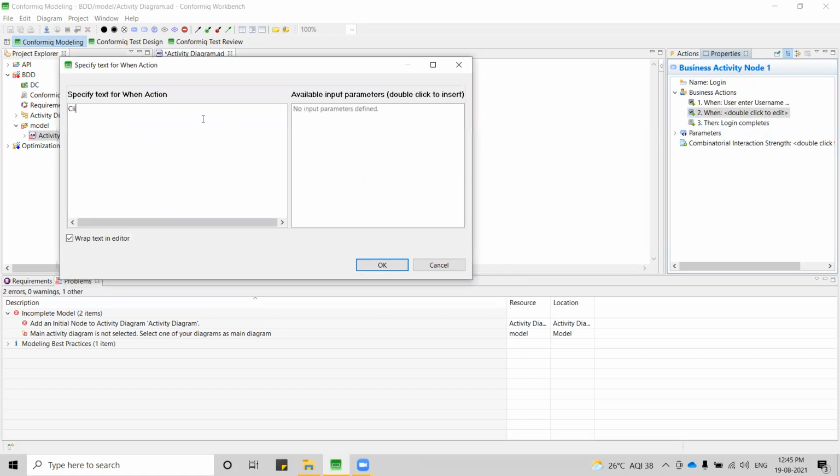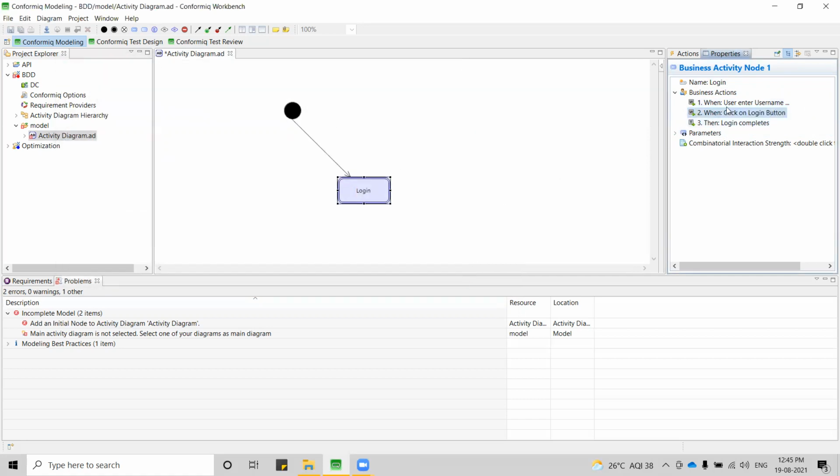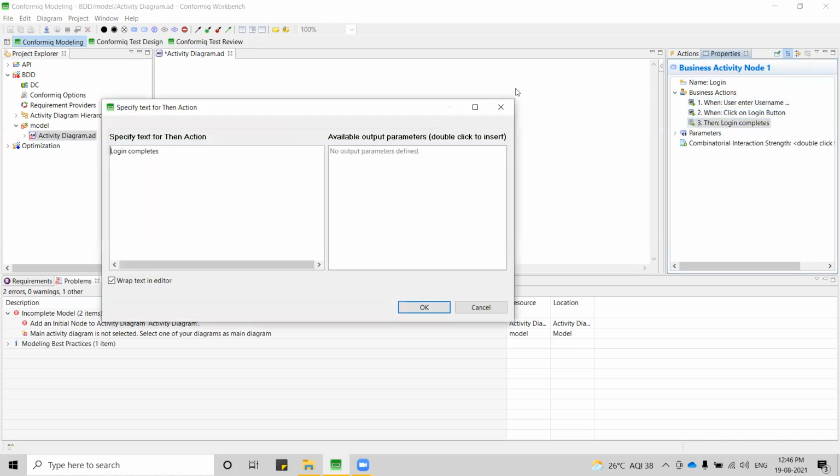So this is click on login button. Say okay. So when I do these two actions, what is the expected result that I am considering here is home screen display.